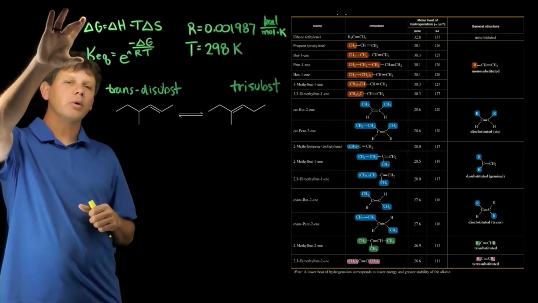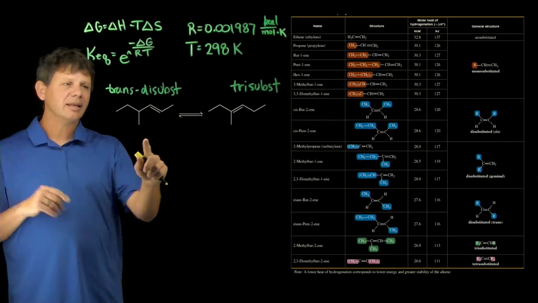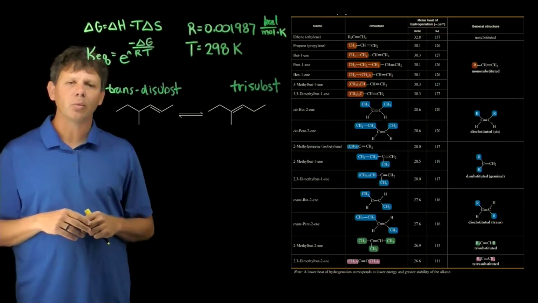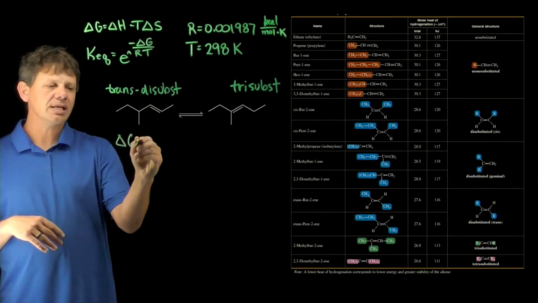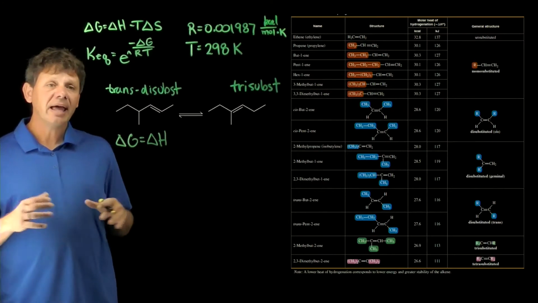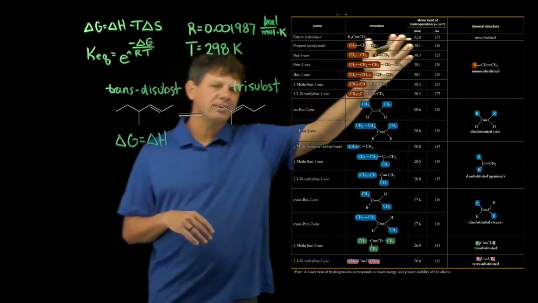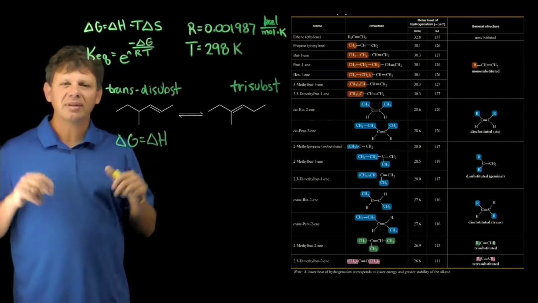Here are the equations that we're going to use to solve the problem. We're going to start by recognizing that in this case we're going from one molecule to one molecule, so we don't have to worry about entropy, that delta G is going to be equal to delta H. And that's good news because we have this table here that gives us a number that represents the